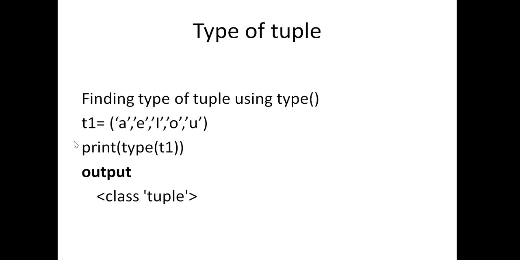Now the type operator, T1. T1 as such is just what it is going to hold. Looking at the parentheses and comma separated elements, we understand that it's a tuple. Now, what will the type operator give us when it is called along with this T1? That will return an output like this, class, or it will show us an